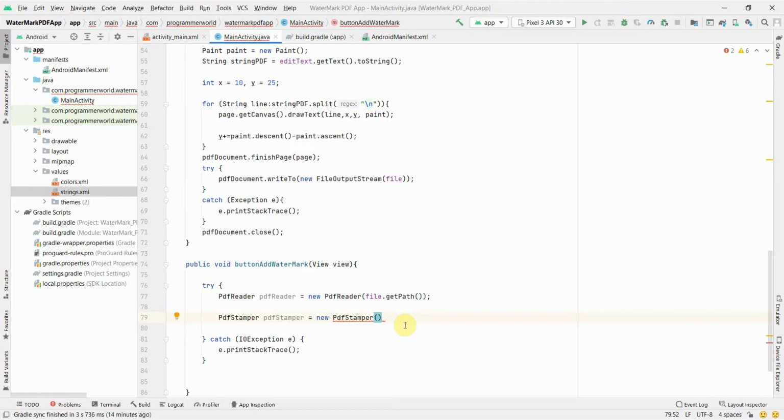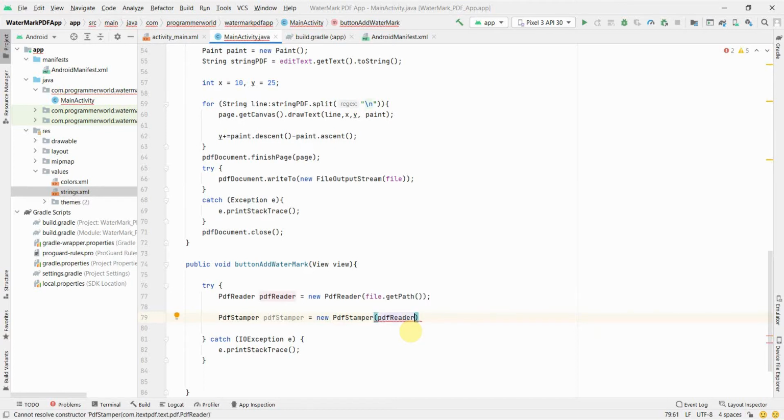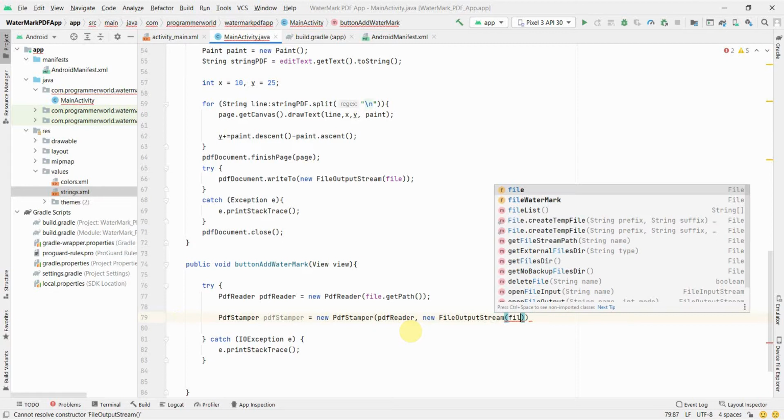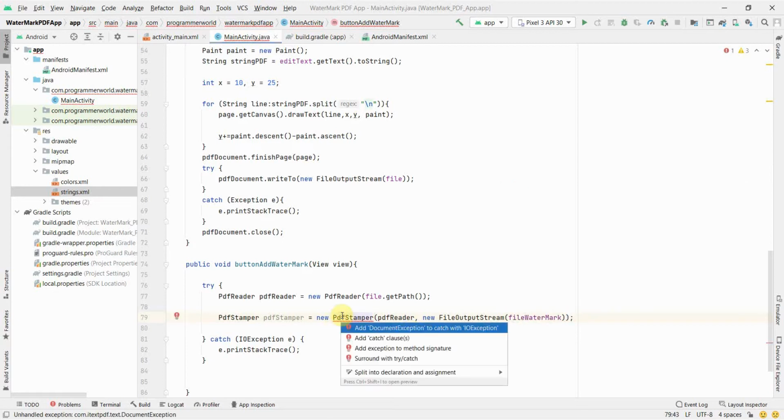And over here in the pdf stamper, we can use the pdf reader which we have just created above, and then we can use the file output stream, the place where we have to write the particular file, and that file is nothing but the watermark file. This will be my output file where we want to write. Okay, and again there is some kind of add catch clause.